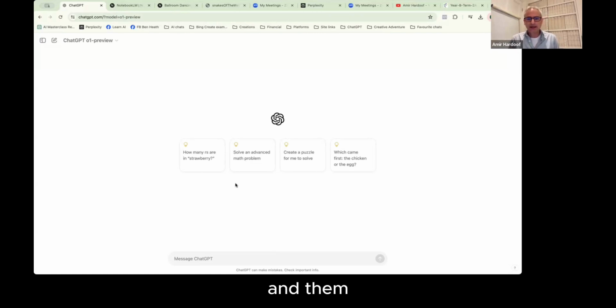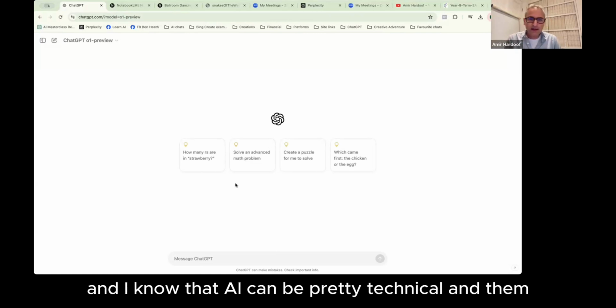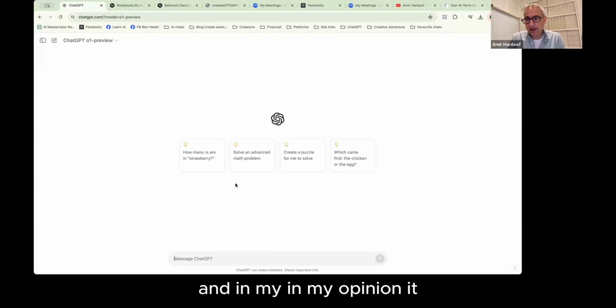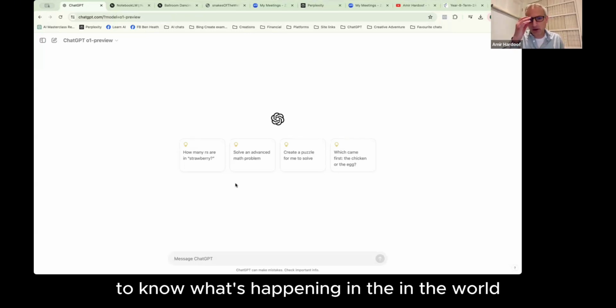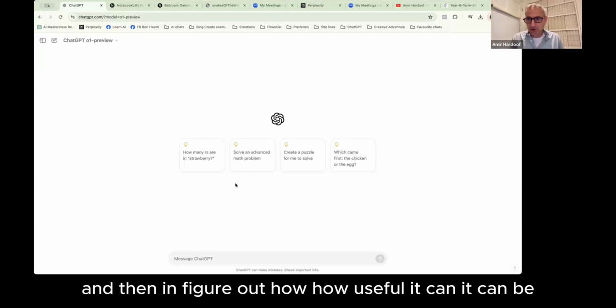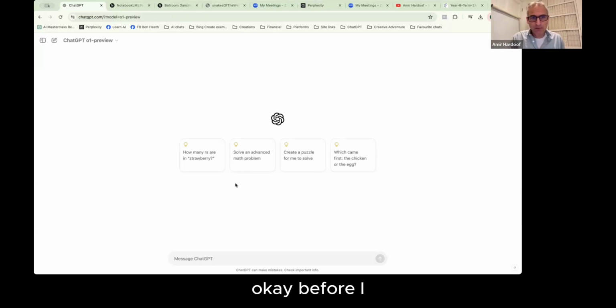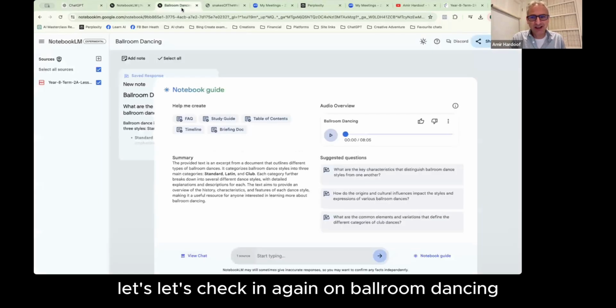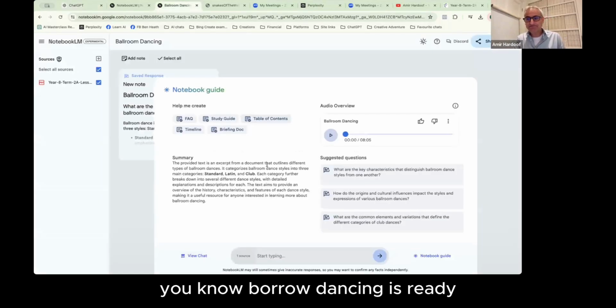And I know that AI can be pretty technical, and in my opinion, it is important for us to know what's happening in the world, and to figure out how useful it can be. Okay, before, let's check in again on ballroom dancing.